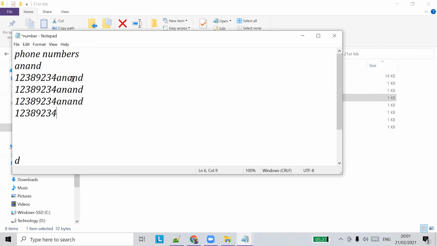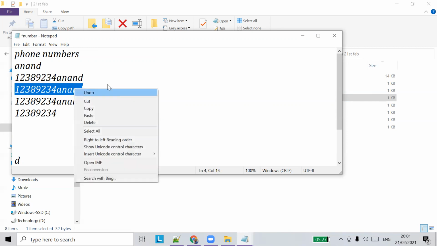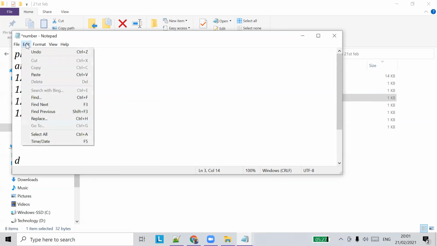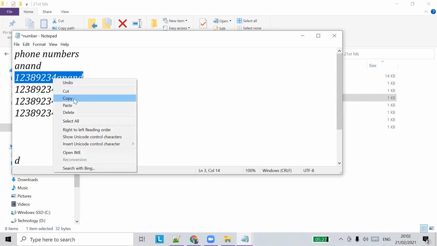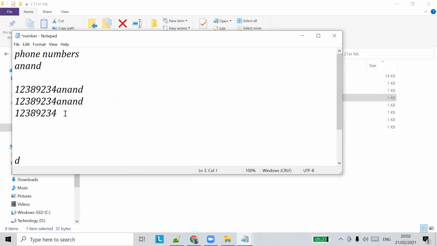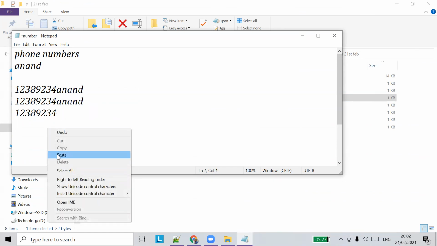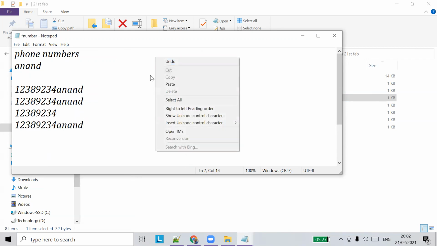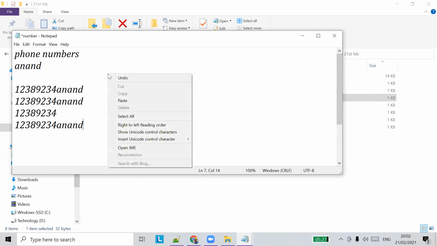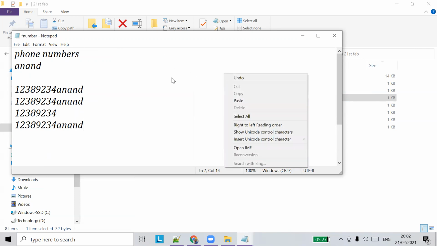And apart from that, you can use shortcuts, and also there is another option. You can just copy it from here. All the options will be provided here, like undo, select all. You can cut it from here, and then you can paste it from here. All you have to do is right click. These are all called shortcut menus. When you right click, this menu will be opened.